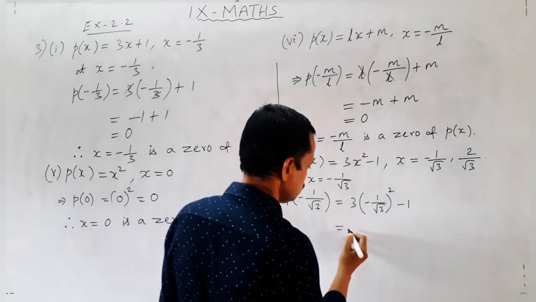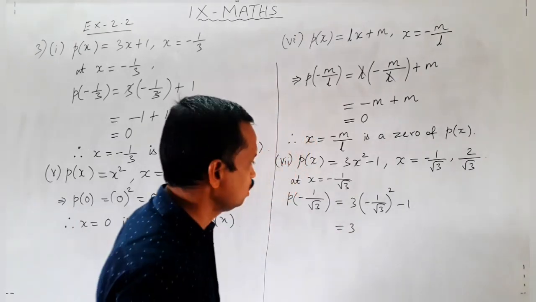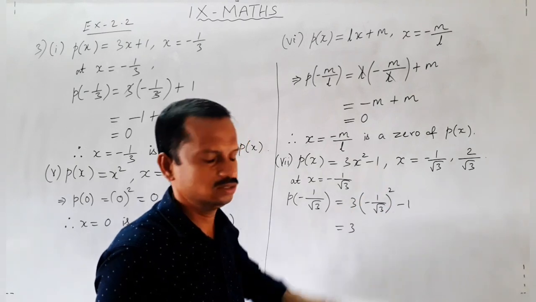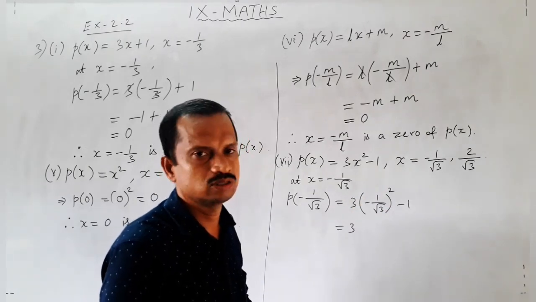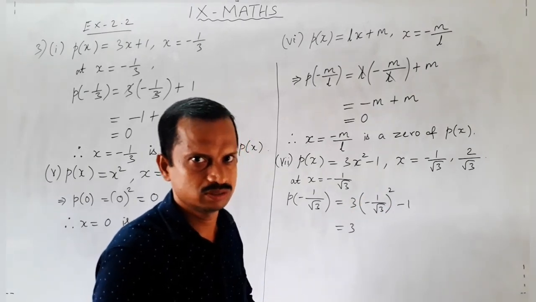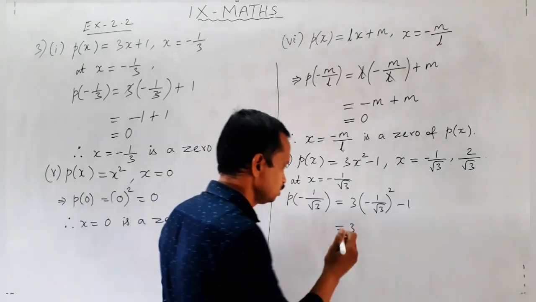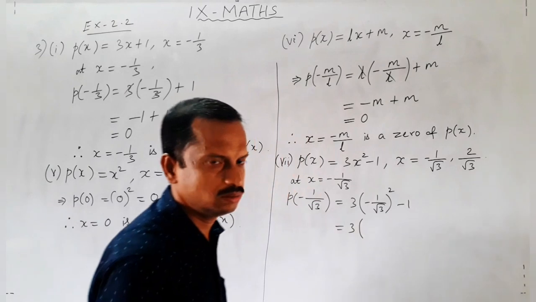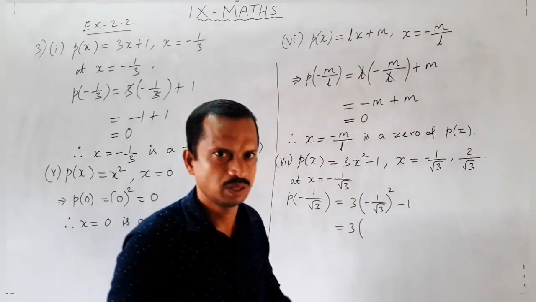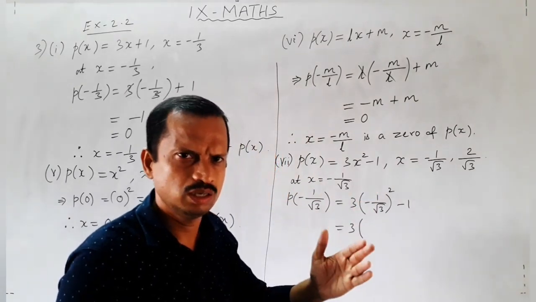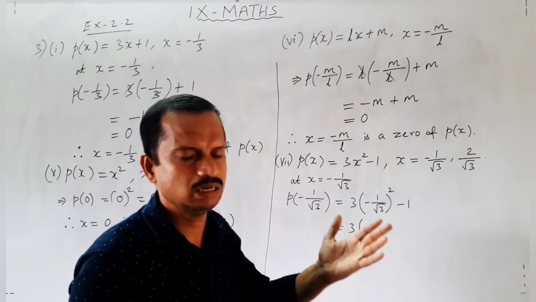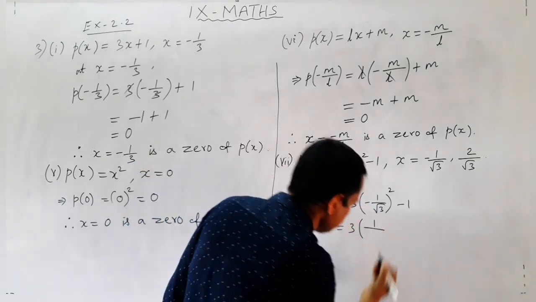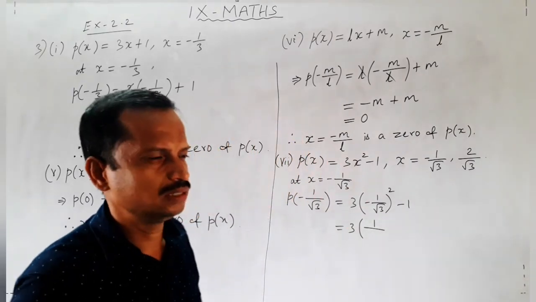What happens is, listen carefully, 3 as it is 3. In this bracket minus sign is there. So when we take square for minus, it becomes plus. Minus into minus is plus. And within the bracket, to avoid confusion, minus becomes plus, and 1 becomes 1 into 1. If you apply square for 1, we get 1 only. So put 1. And root 3 is in the denominator.